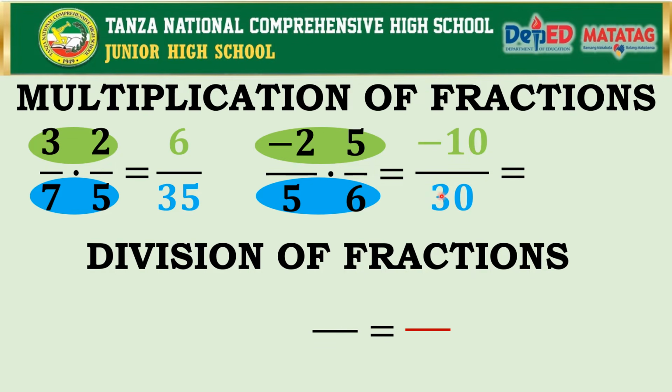Now, 10 and 30 can still be reduced to their simplest form by getting their greatest common factor, which is 10. So, negative 10 divided by 10 is equal to negative 1, and 30 divided by 10 will give you 3. So, therefore, the product